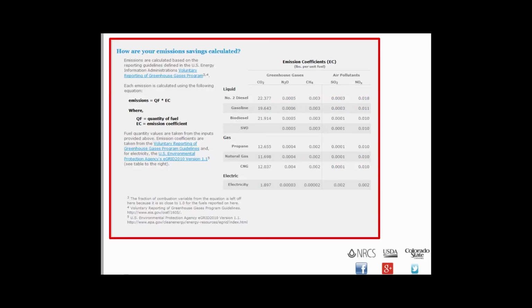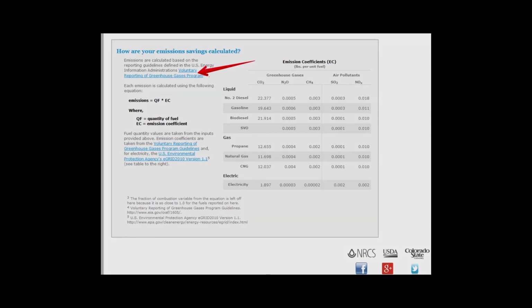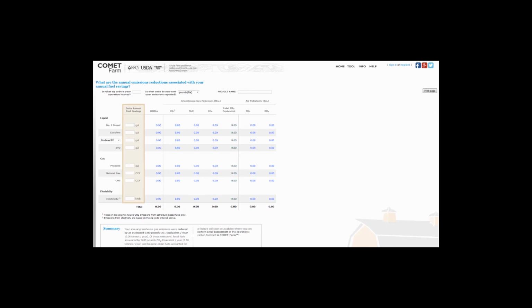At the bottom of the COMET-Energy tool, there is a detailed table that explains how your emission savings are calculated. There are also useful links that provide further information. When you have entered data for all desired fuel types, you may print a report by clicking on the Print button located at the top right of the